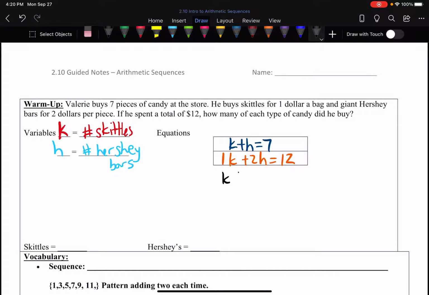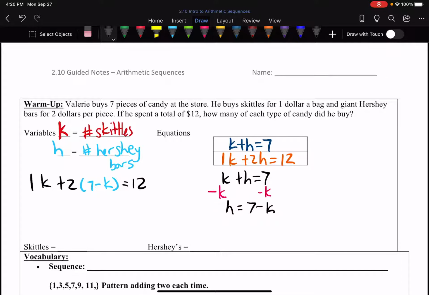So let's start by looking at K plus H equals 7. We've got to isolate one of our variables, so let's isolate H. I'm going to subtract K from each side. So that gives me that H is equal to 7 minus K. Utilizing that, I can plug it into the second equation to get 1K plus 2 times my H value, which in this case is 7 minus K,